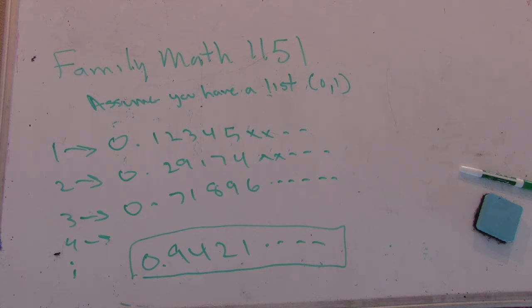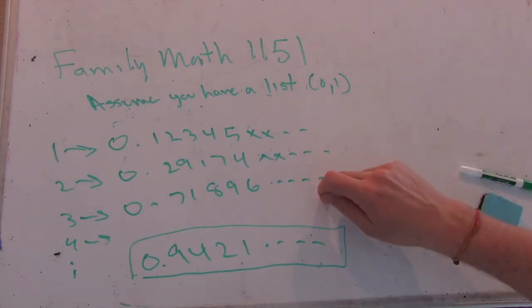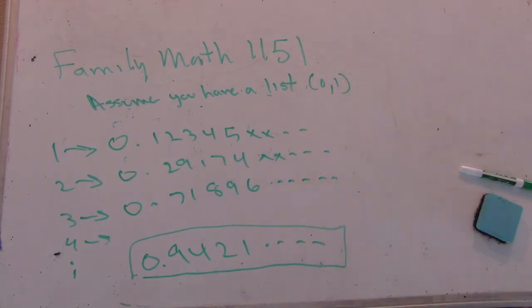Yeah. And then you came back to me and said, oh, hey, I found a number that's not on your list. And so, because you can follow that procedure with any one-to-one map from the integers to the reals, that must mean the reals are larger. So that's right. And let me give you the example